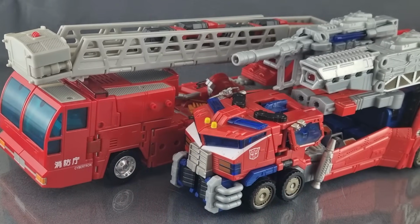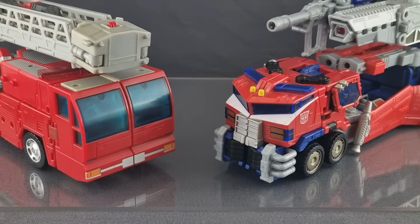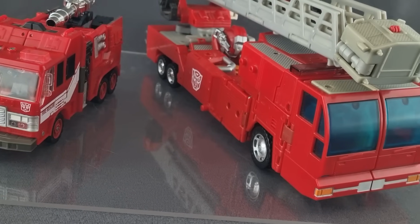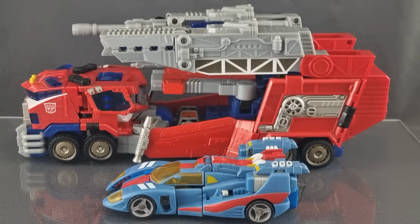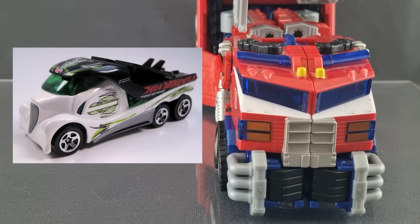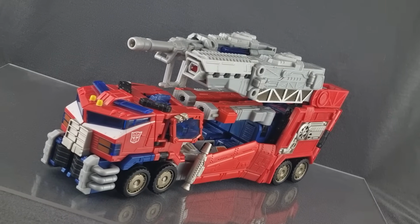Now, it's obvious from a glance that these two were created under very different circumstances. They're both fire engines, sure, but RID Prime turns into a realistic Japanese model, while Cybertron Prime goes into full 2000s sci-fi, not looking out of place next to many Hot Wheels designs. This really comes down to the development of the shows themselves, in regards to what each show was trying to